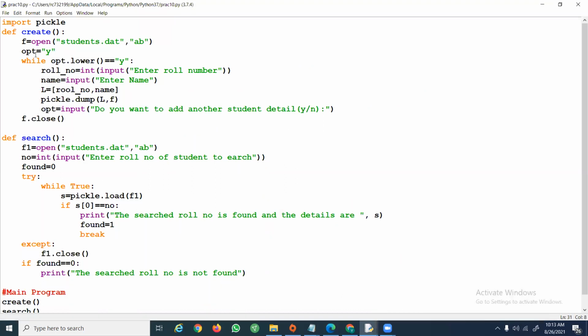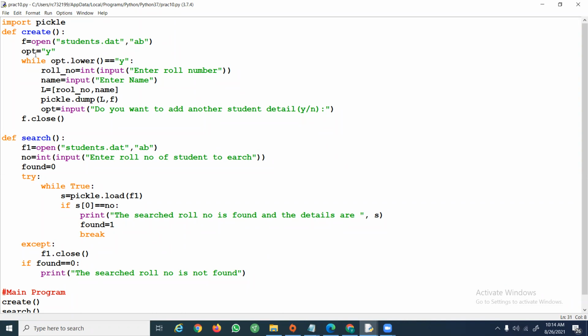When you're dealing with binary file handling, we have to import the pickle module. We have also studied that there are two functions under the pickle module, load and dump. If you want to write the contents into the binary file, we use the dump function, which will serialize whatever object you give and write it as binary data. And the load function is used to read the contents of the binary file.